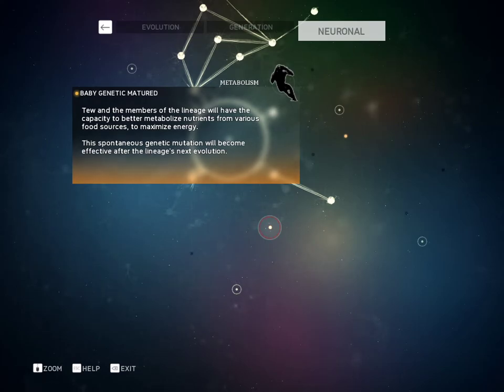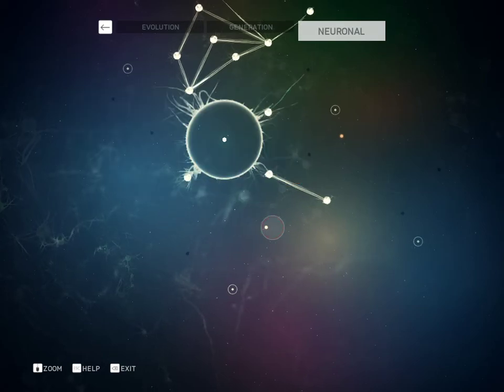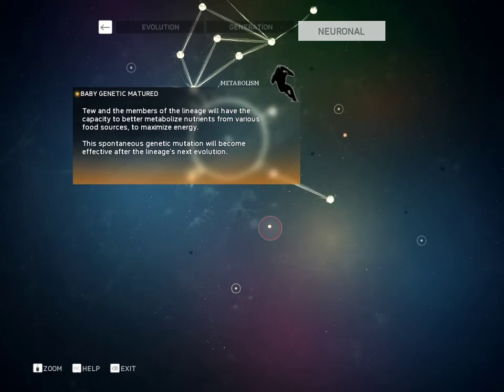And this one, it says the lineage will have the capacity to better metabolize nutrients from various food sources. This is something I was hoping to see pretty soon, because I'll be able to start eating some of those other items, like the mushrooms and the fish, that currently, when I eat them, they give me bad stomach, food poisoning, or indigestion. It looks like this metabolism